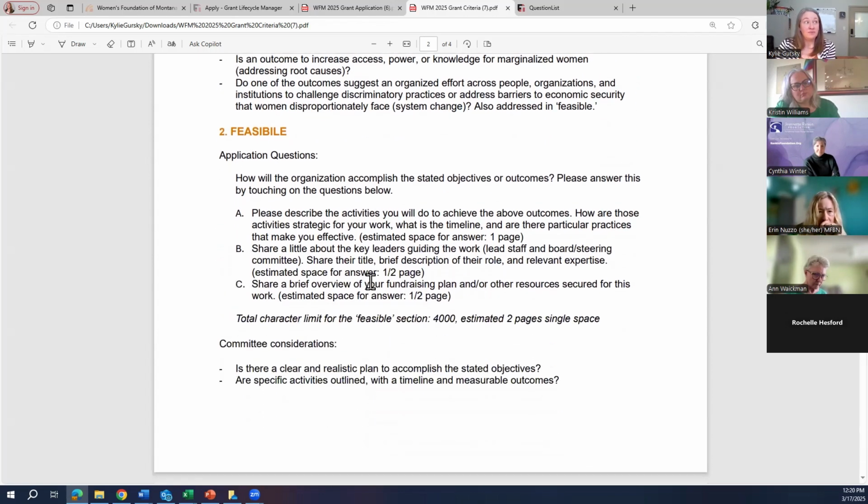Looking at feasible, the application question that we'll pose to you is, how will the organization accomplish the stated objectives or outcomes? We'll ask you to please describe the activities that you'll do to achieve the outcomes. How are they strategic for your work? What's the basic timeline? Is it going to be 6 months or 18 months, or is it ongoing work that